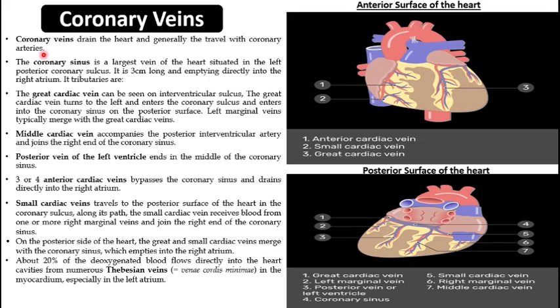So to sum it all up, the coronary veins drain the heart, and generally they travel with the coronary arteries, and the coronary sinus is the largest vein of the heart, situated in the left posterior coronary sulcus. The coronary sulcus is the groove which is present between the atria and the ventricles, and the coronary sinus is 3 cm long, emptying directly into the right atrium. Its